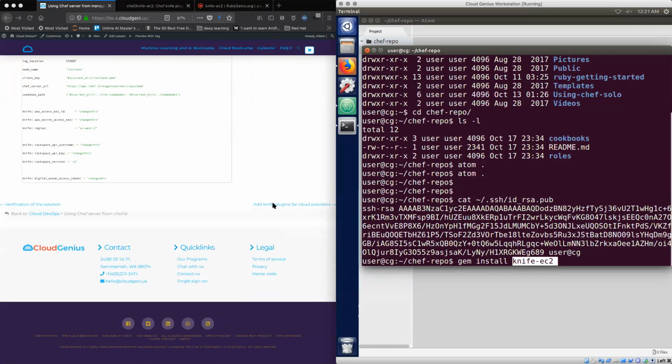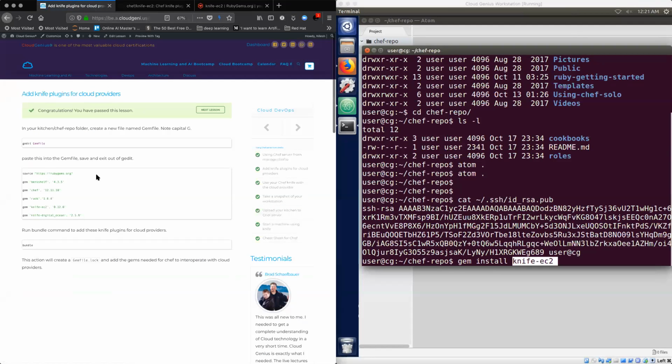And that's what I want to be able to do next, is to get to a Gemfile which contains the list of gems I need to operate with a variety of cloud providers. So here is our Gemfile, which contains some gems. Let's go grab them